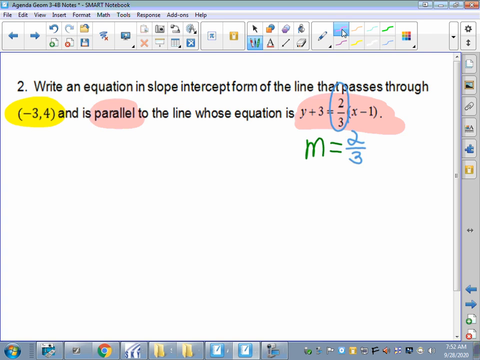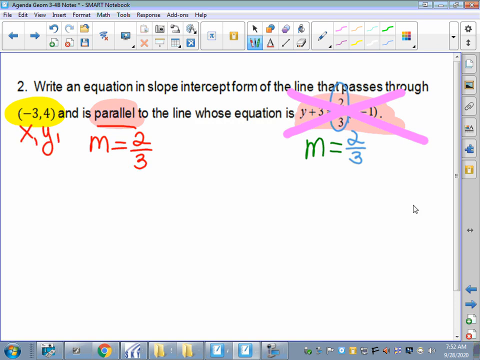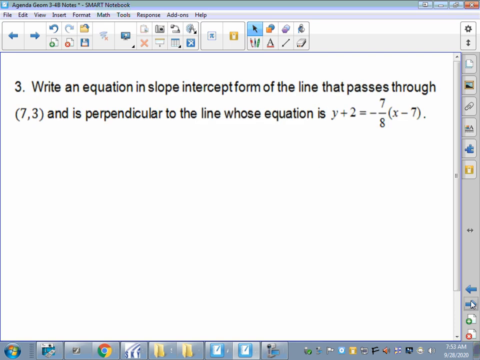Now that I've got that, I'm going to take a big marker, I'm going to cross it out, and then I'm going to go over here and think, okay, so if it's parallel, my slope has to stay the same, 2/3. I've got my ordered pair x and y. So the only reason I wanted to mention that was because it's got a different form to pick the slope out of. I want to do number 3 though. Write an equation in slope-intercept form. It's got to pass through 7, 3 and is perpendicular to the line whose equation is,